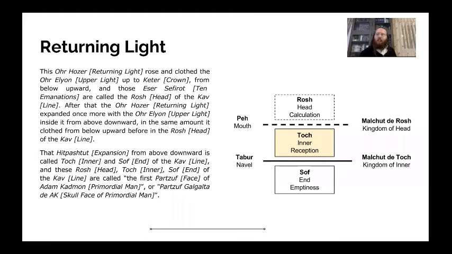Yes. And so by rejecting phase 4, which is most of the light, right? Because the idea is that the lower the phase, there's more of it. It's more dense, you could say, more coarse. So by rejecting that phase 4, it clothes the root phase 1, 2, and 3. And by that clothing, that's how it converts into altruism. And that's the idea of receiving in order to bestow. So you're receiving light, but because you're rejecting part of it, that sort of clothes the light you're receiving and turns it into bestowal.